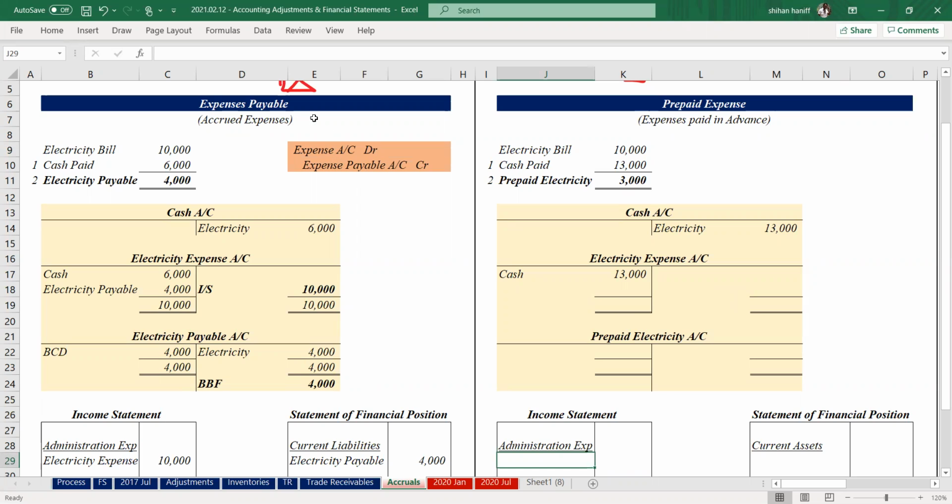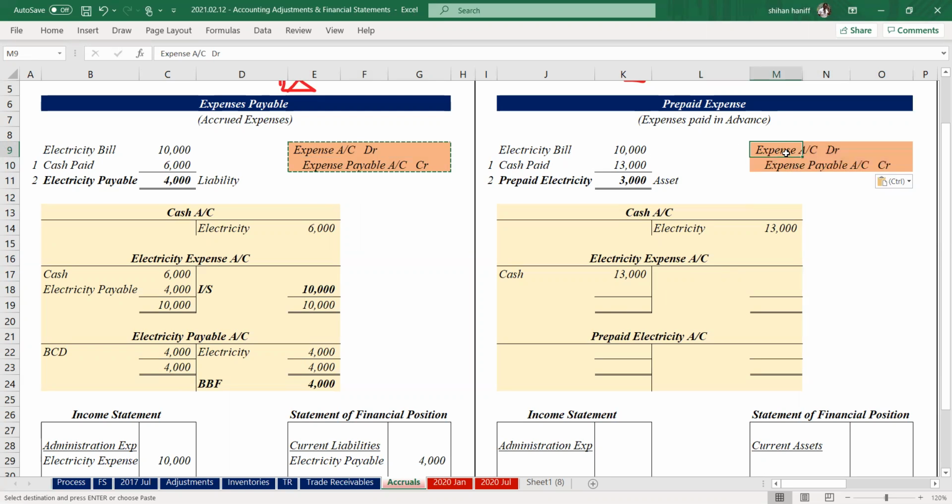right? So payable is a liability, prepayment is an asset. Right? So the asset account will be debit, expense account will be credit. Double entry. If we take the double entry,